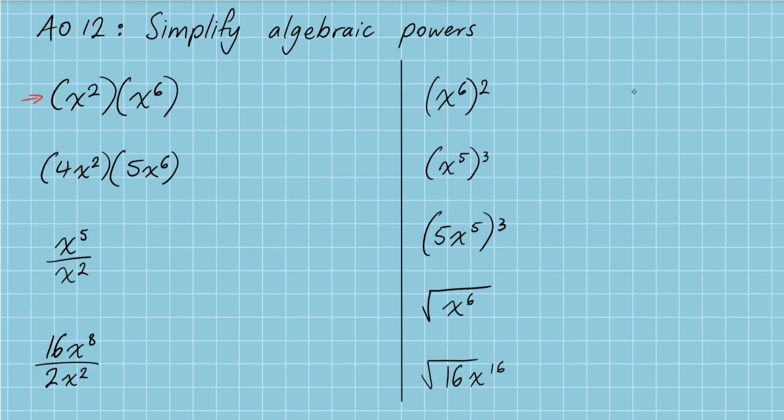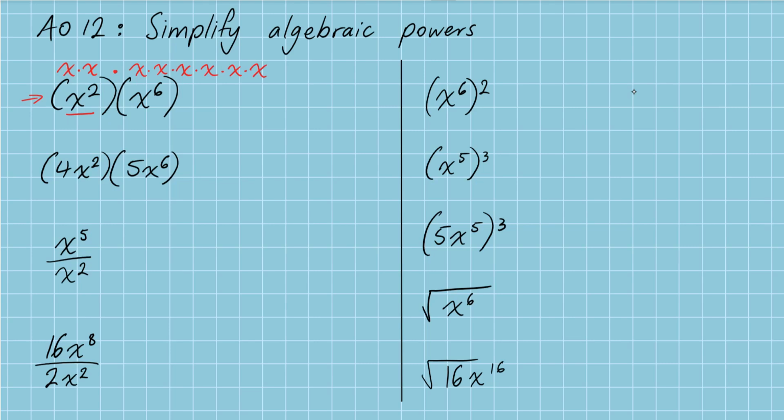In order to answer this question, I'm just going to break this down a little bit. I'm going to go really simplistic with this explanation. So let's get into that. I'm going to break this up into its parts. So, what is x squared? Well, x squared is x times x. What is x to the power of 6? Let's write it over here. It's x times x times x times x times x times x. Good, that's 6. Now, when you're multiplying them,